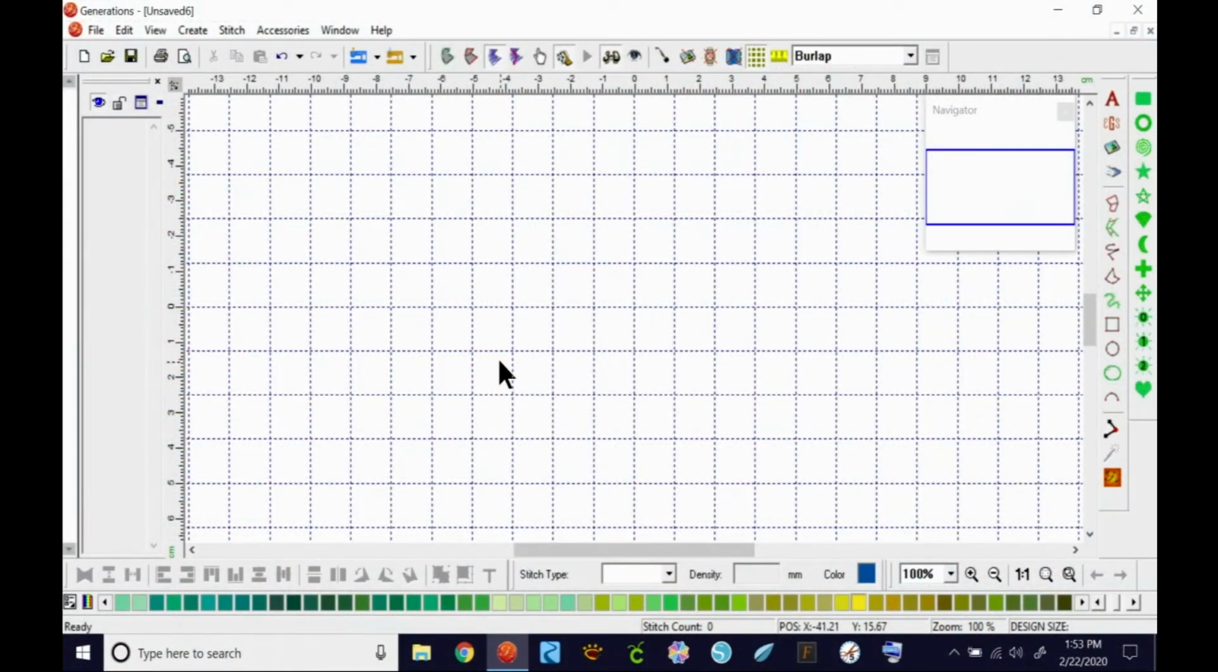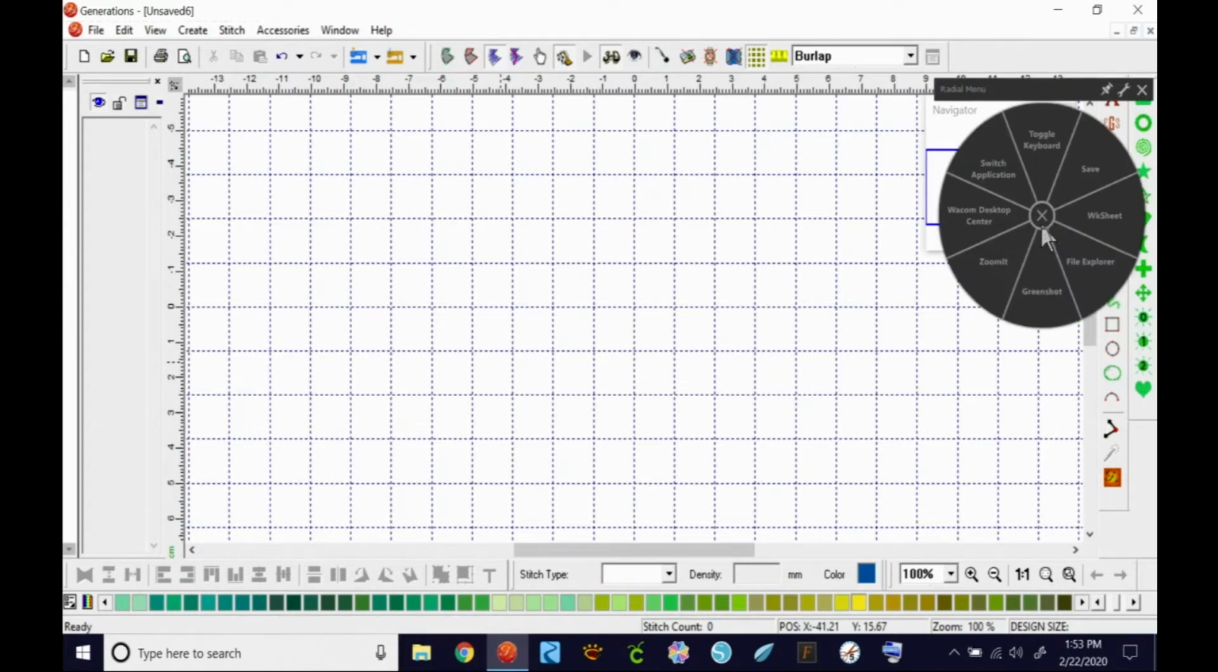Okay, so let's talk about density. Density has to do with the space between each line of stitching. And you might say, why does that mean something is thicker or thinner? Well, let's investigate that. I'm going to turn on my little tool. If this line right here is a line of stitching,